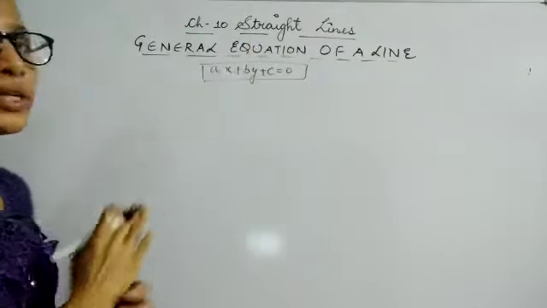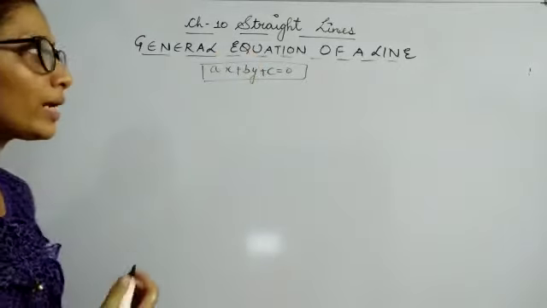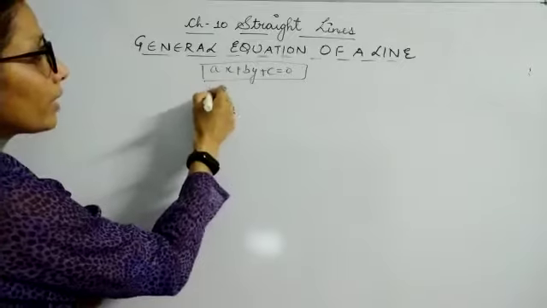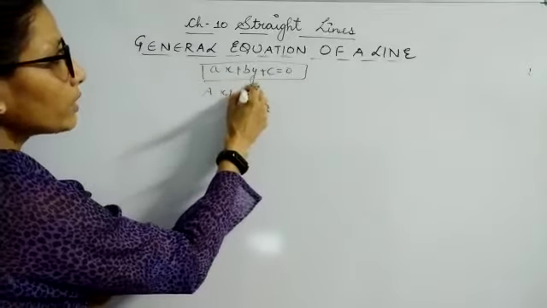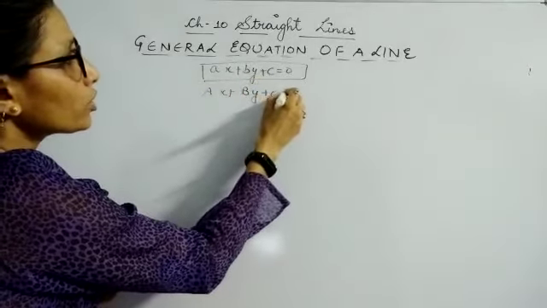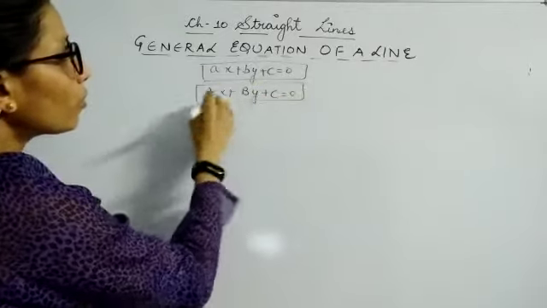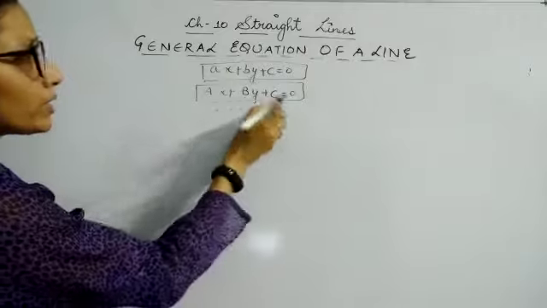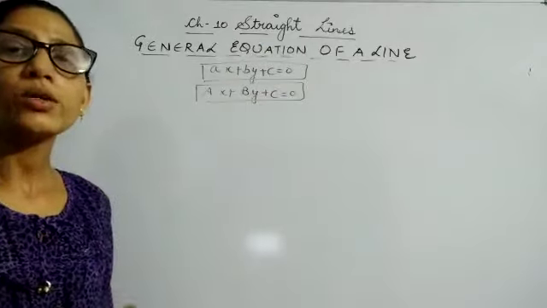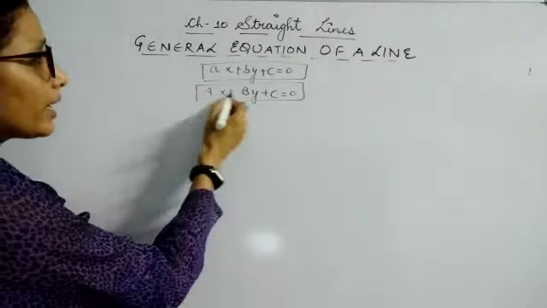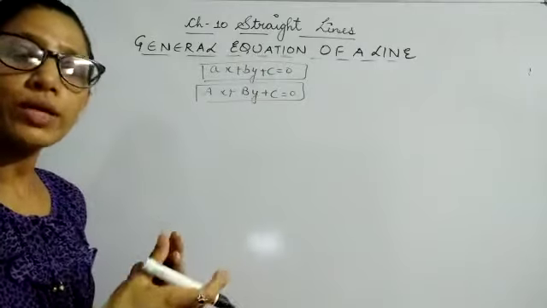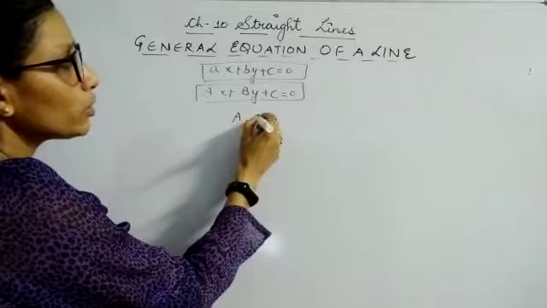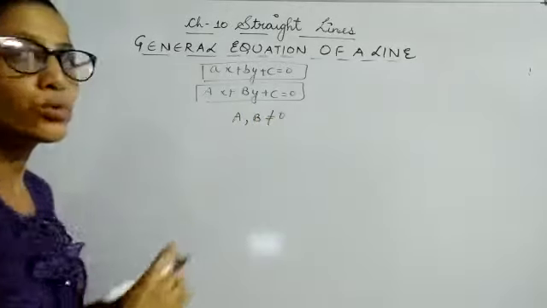But when we are reading it under the heading of straight line, then we will be replacing this small a with capital A and this small b with capital B. So this is your general form, or I can say general equation of a line, where A, B, C are constants. One thing you have to note here is that A and B simultaneously, or together, cannot take the value 0. A and B together cannot be equal to 0.